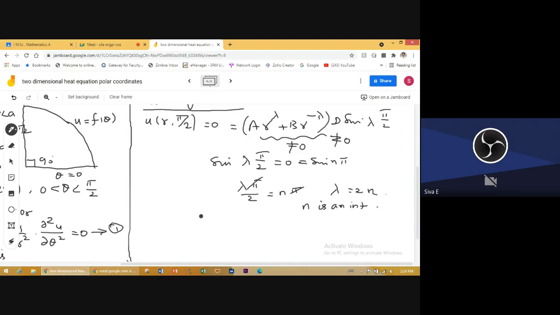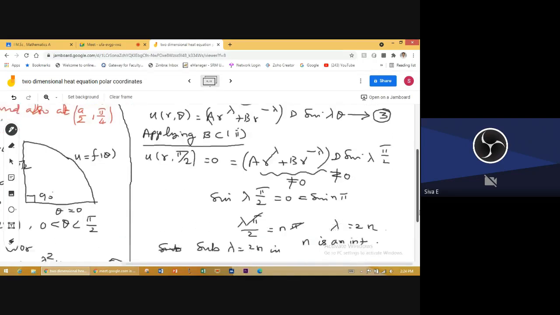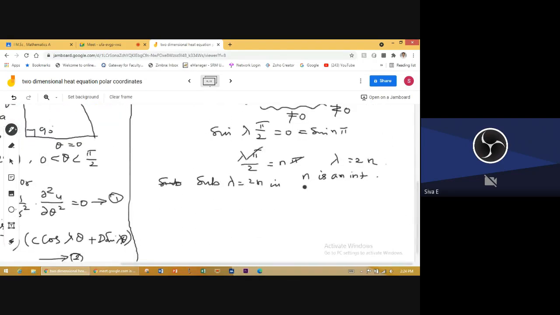So lambda equal to 2n. Substituting lambda equal to 2n in equation number 3, we get that